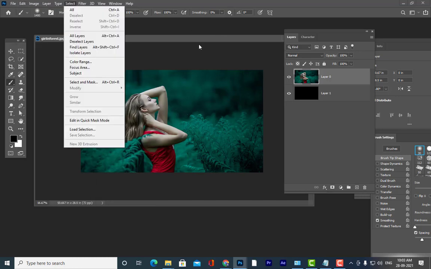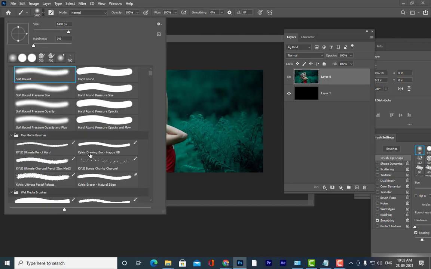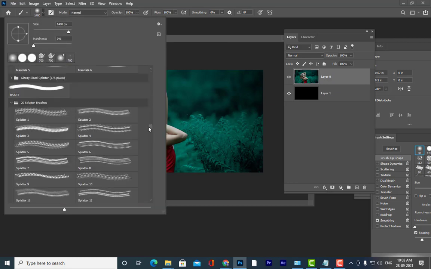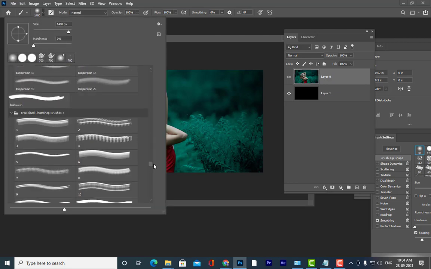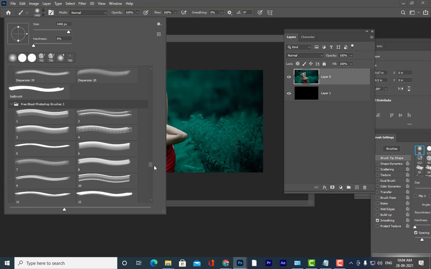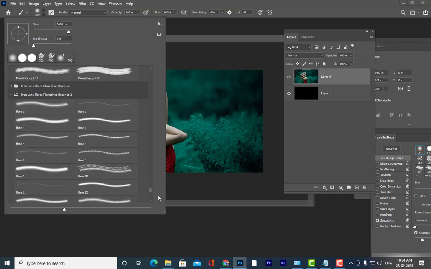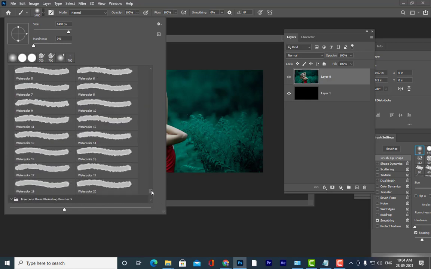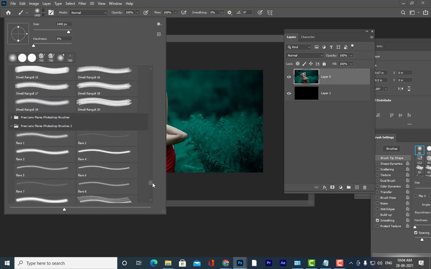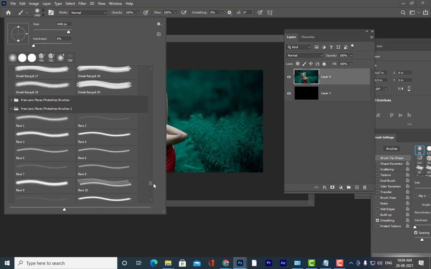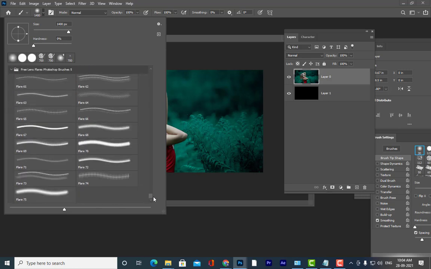I'm going to use a different brush today. We have been seeing the mask effect with only 1 or 2 types of brushes, so this time I will use a fancy brush, something like a splatter brush. Where can we find these splatter brushes?